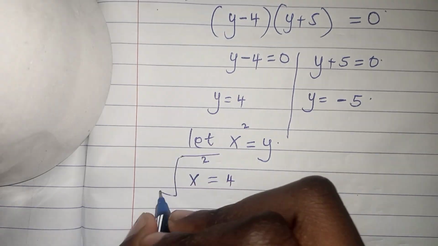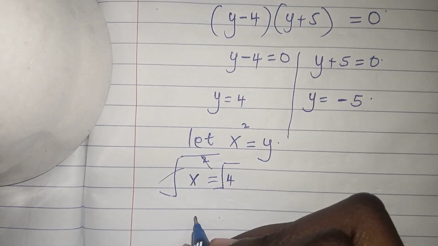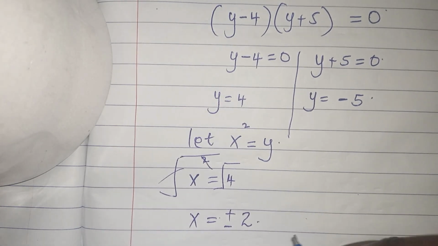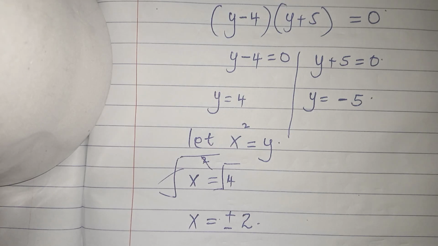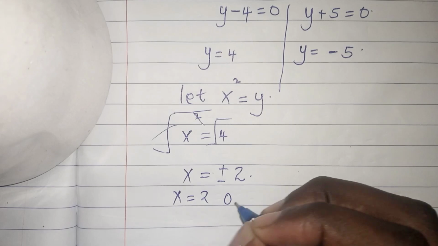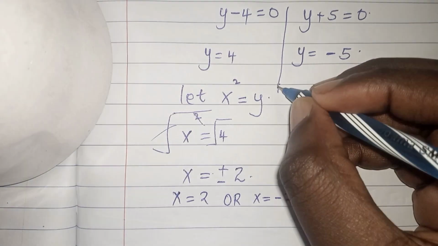So we shall square root this side and square root this side. So this square will cancel with the square root. X is equal to plus or minus 2. This means that we have two solutions, two values of x. X is equal to 2 or x is equal to negative 2. On the other hand,